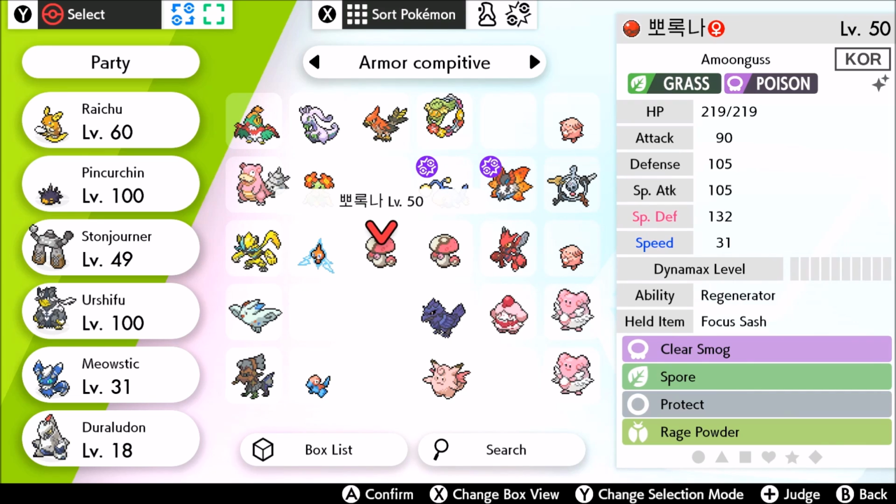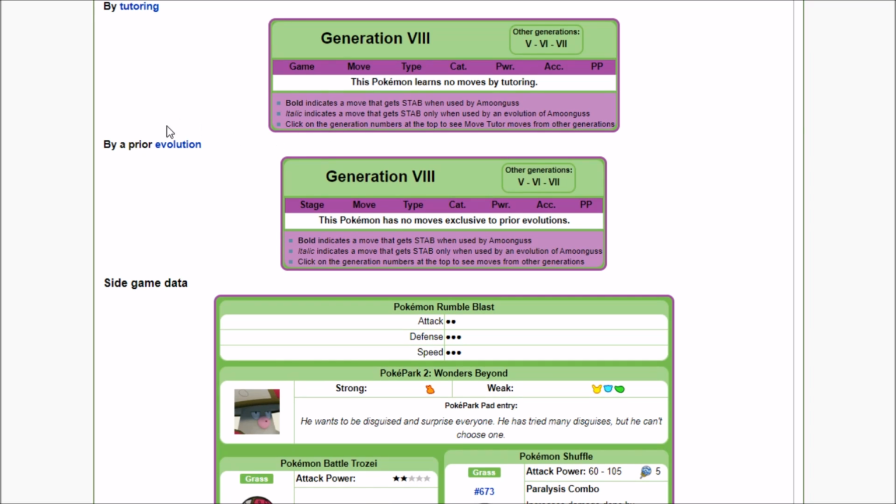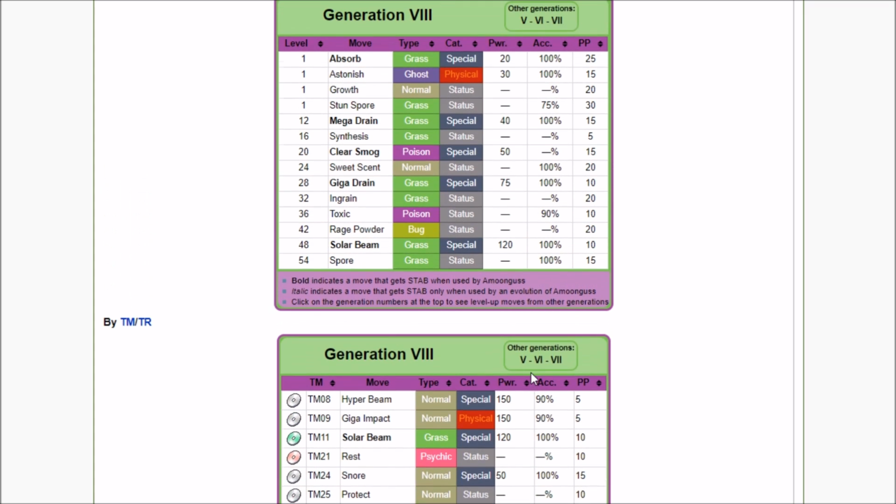You just get a free shiny Amoongus, do whatever you want with it. The moveset opportunities are yours. Like, the egg moves don't even matter. We have Worry Seed, Rollout, Poison Powder, Defense Curl. Game Freak has been really good about removing prior evolution moves in a Pokemon's move pool. So everything's TR or level up, and then, yeah, just ten Armorite Ore, wipe out the EVs, maybe keep those